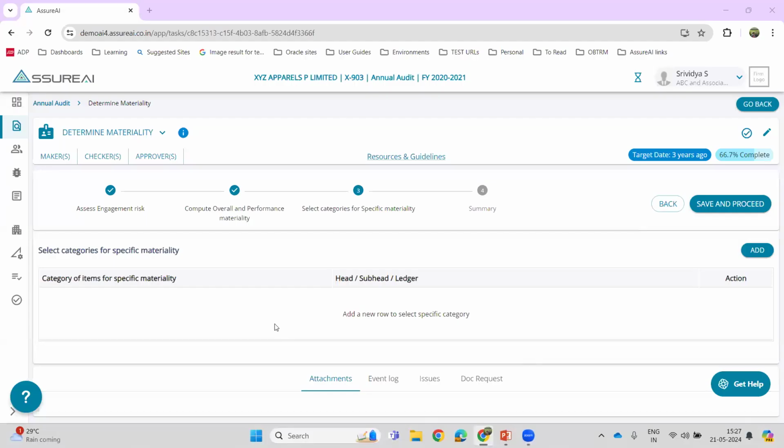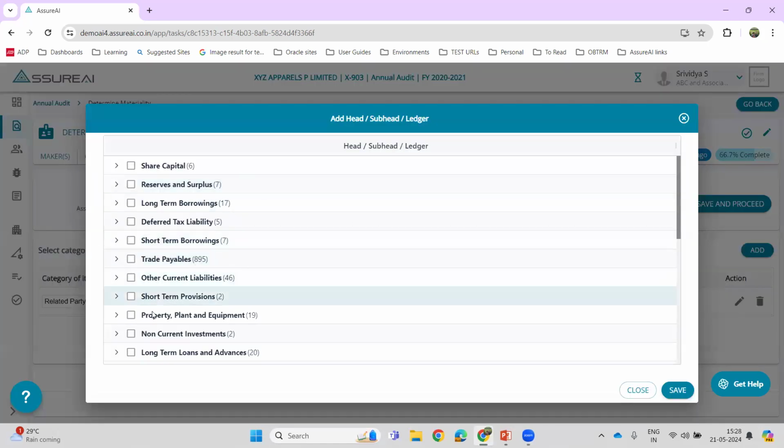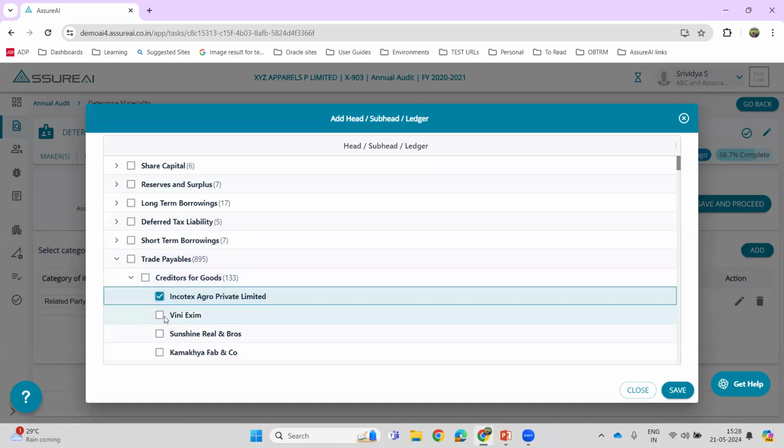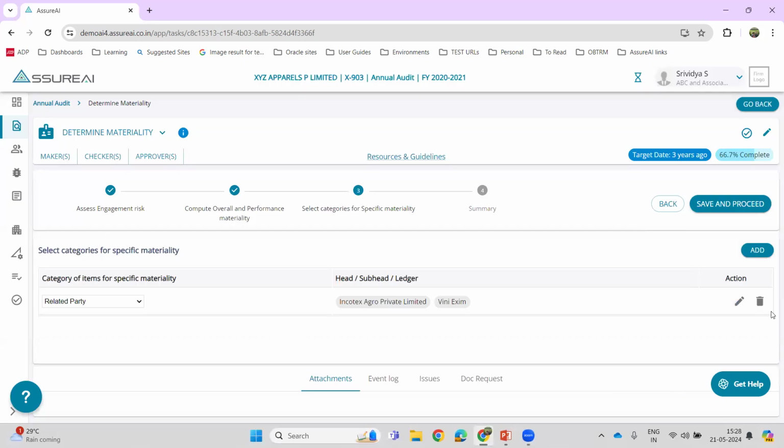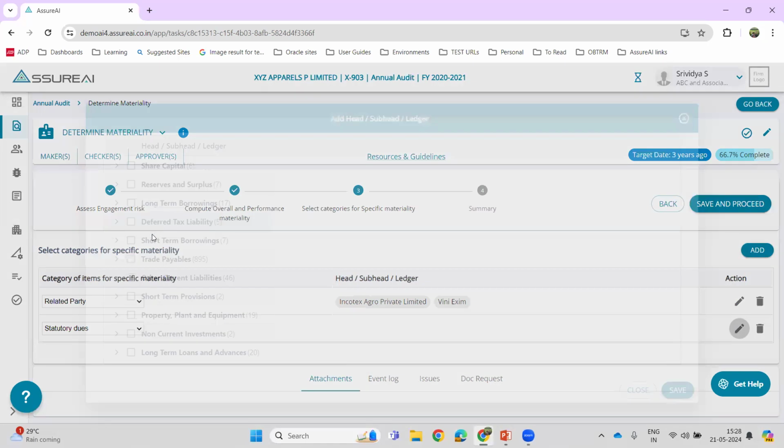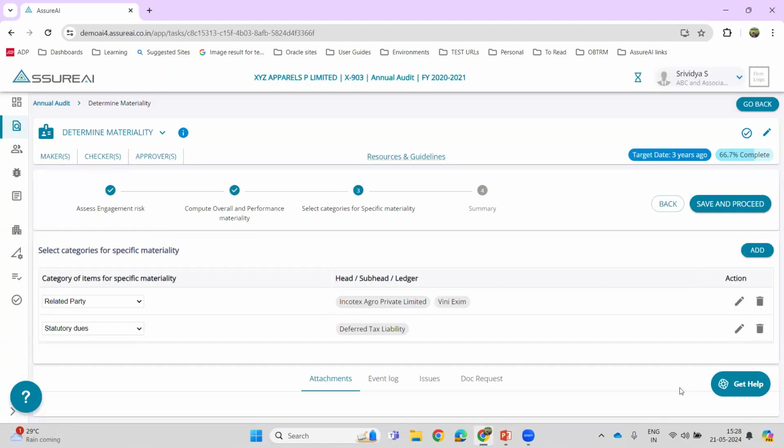This is step 3, where the user can add categories for calculating specific materiality. Now there are two categories allowed: related party and statutory dues. Once the category is chosen, the relevant head, subhead and ledger for each of the categories can be chosen here from these options. So I'm choosing these two as related party, and I can add one more category which is statutory dues. So I've added the required head, subhead, ledger here, and then I can now proceed to the last step, which